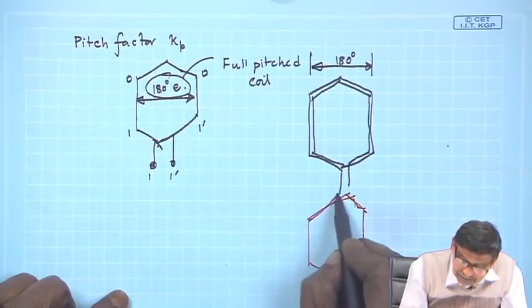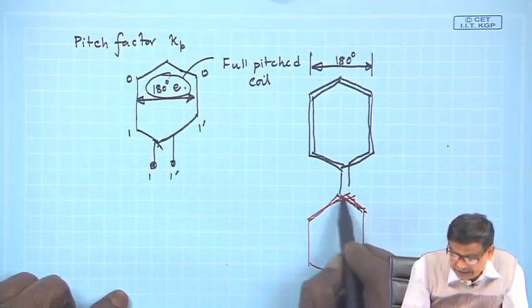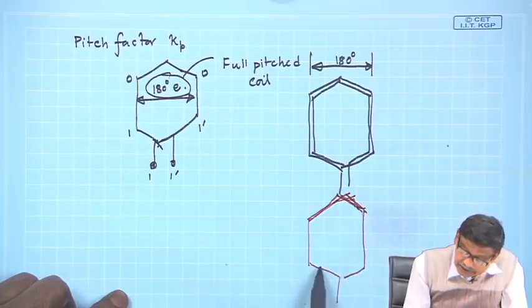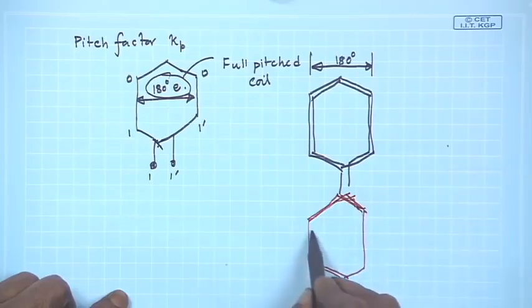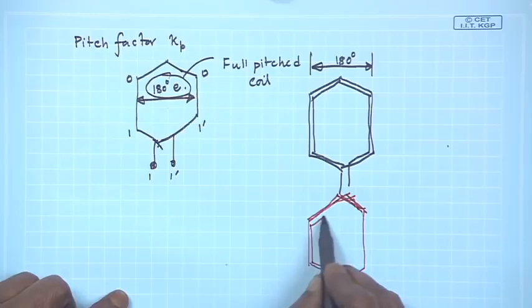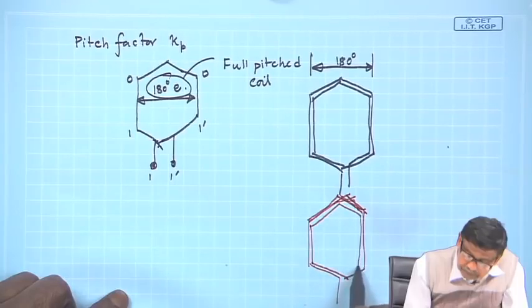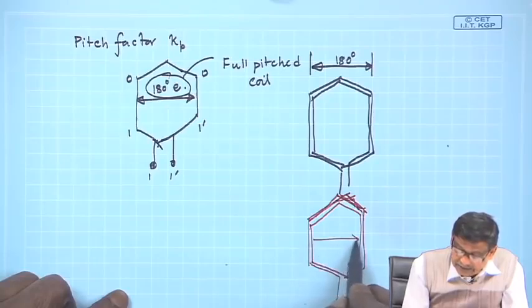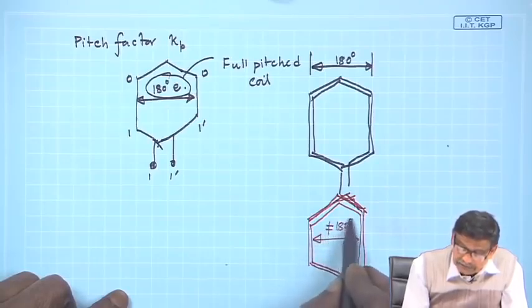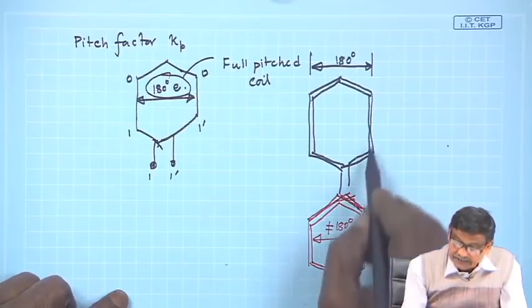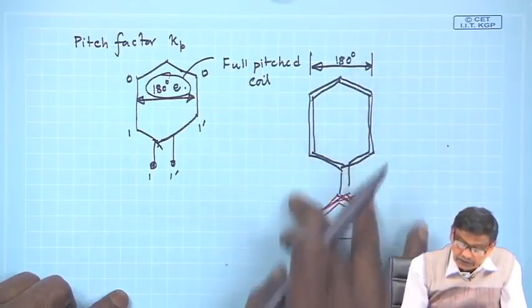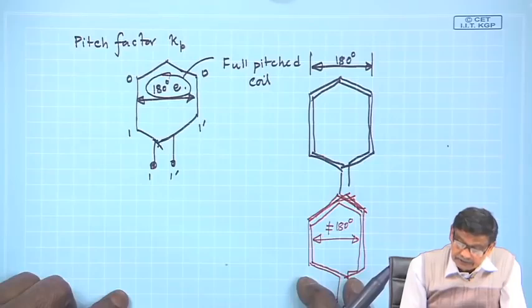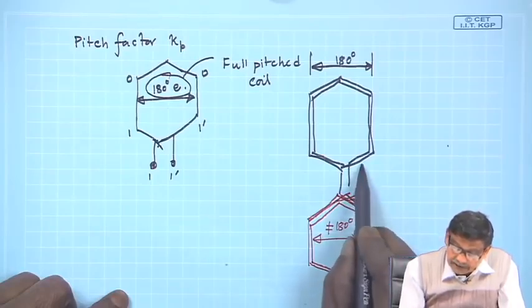Although this diagram is slightly messy, it does not look very nice, but you get the idea. I could make a coil in this fashion. And this angle is not equal to 180 degree. In fact, it is less than, if this is 180 degree electrical, this is less by this angle,